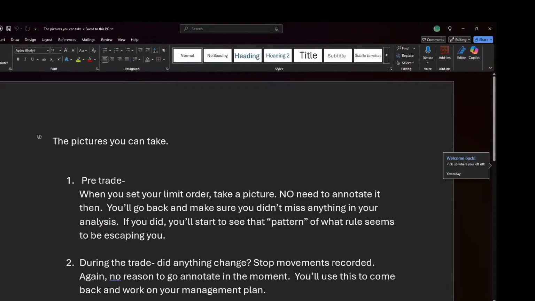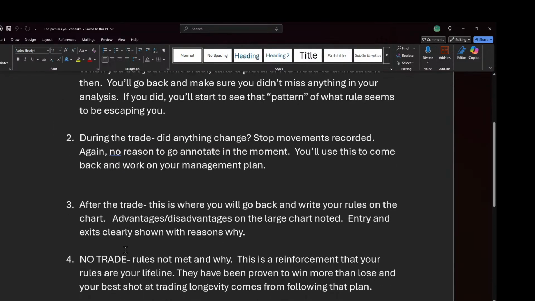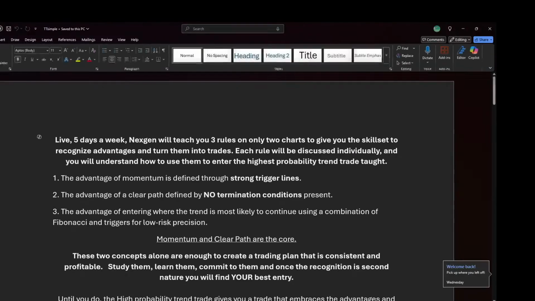There is the pictures you can take. Guys, take pre-trade, take during the trade, take after the trade, take no trade. Get in the habit of taking as many pictures as you can. Every picture, every time you type on a chart, it creates a correlation between what you see and what it means to you. And then finally, everything that we've talked about in the last hour, consolidated into 2 pages